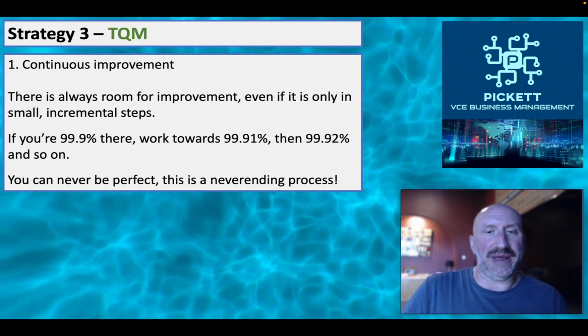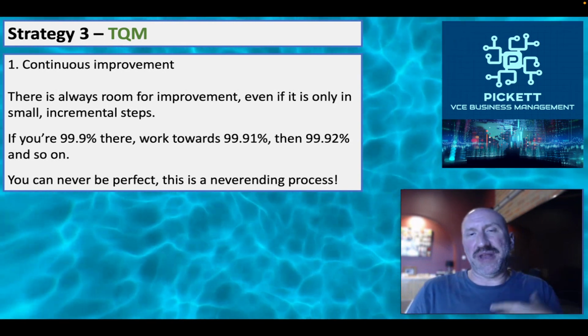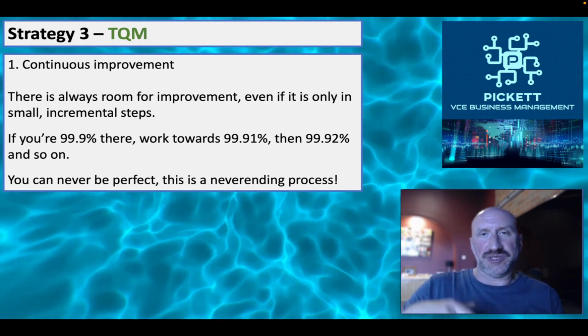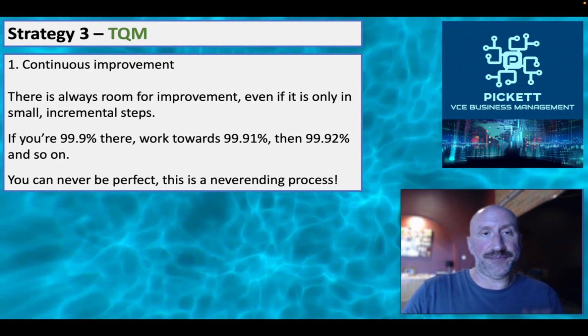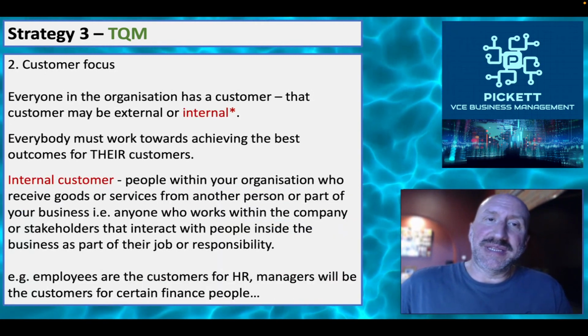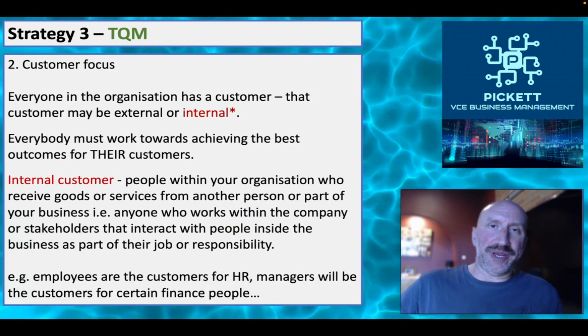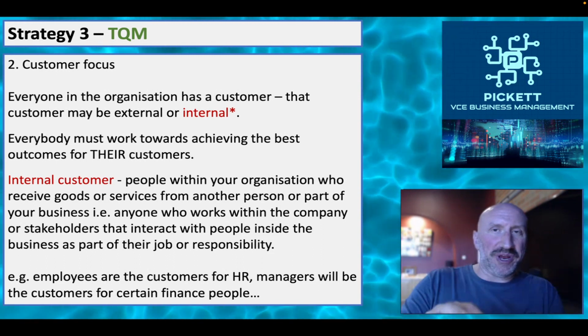So it's important to point out that this is a never-ending process. We recognize that we are never going to be perfect, but we are constantly trying to get as close to perfection as we possibly can. That's the first principle of TQM. Second one, and this is the one which causes issues, and people write about this one